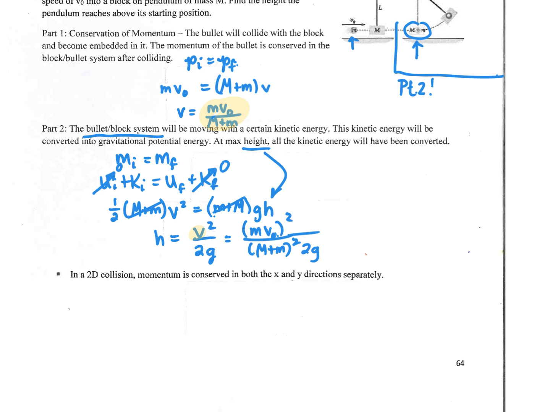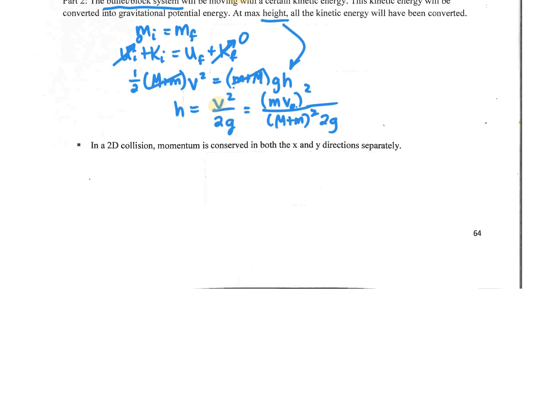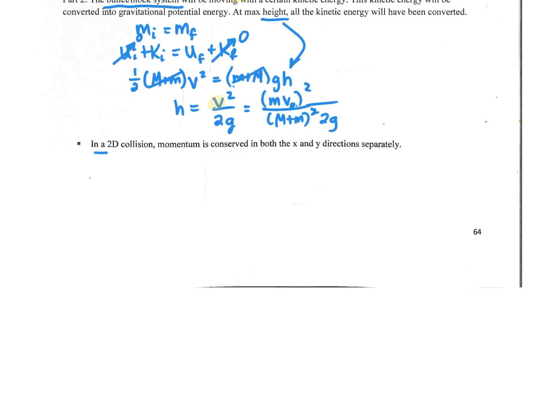Now, what happens in a 2D collision? It's conserved in the x direction and it's conserved in the y direction separately. So what does that mean? That means we have to do p in the x initial equals p in the x final. And we have to do p in the y direction initial equal to the momentum in the y direction final. And we have to do those separately. We have to look at them separately. So now,